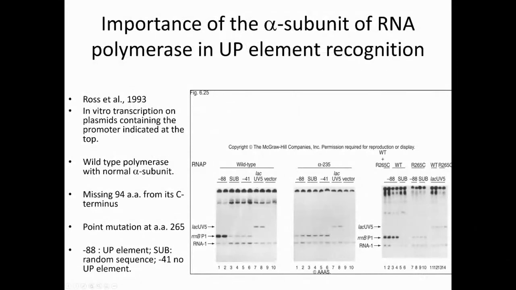And this is an example experiment to demonstrate that the alpha subunit recognizes the UP element. So they have the wild type, and then you have the alpha mutation. With the wild type, you see the UP element can be recognized, enhancing the transcription. Without the alpha subunit, you see the transcription is down. So that just tells you how they determined the role of the alpha subunit in identifying the UP element. Okay,